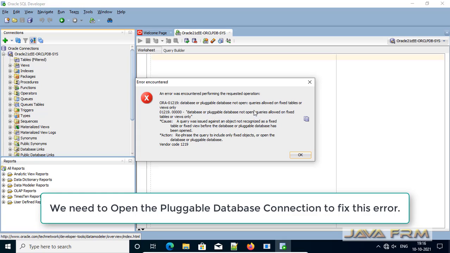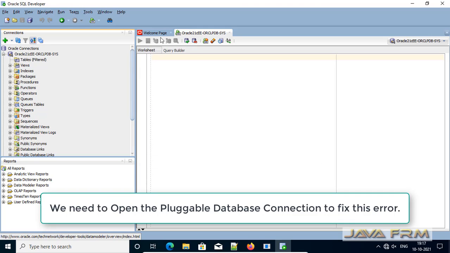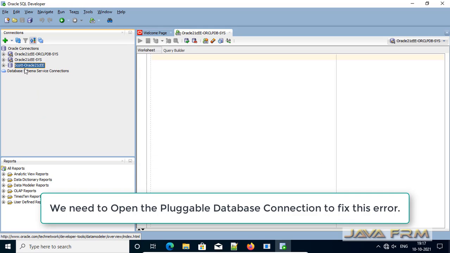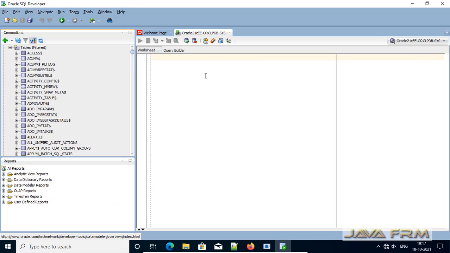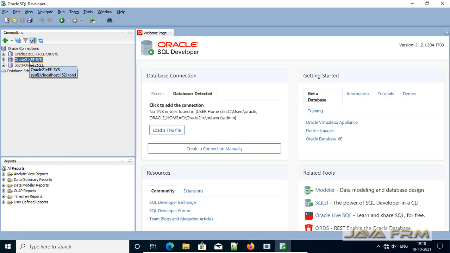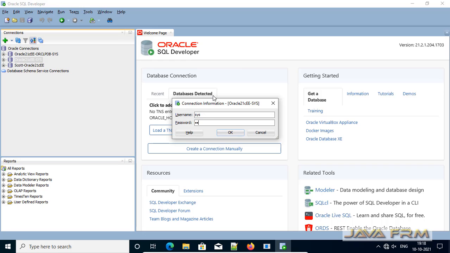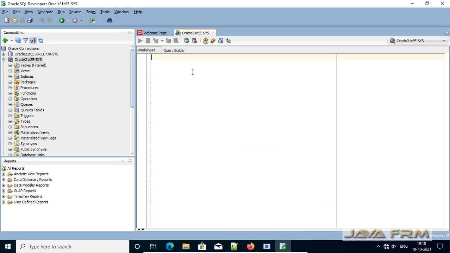Yes, so I am able to log in as the sys user. Okay, here you can see some errors are thrown, which means that the pluggable database is not open. No need to panic. So what I'm going to do is connect to the container database as the sys user.